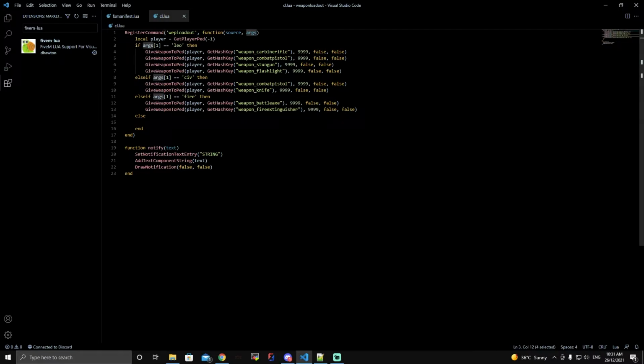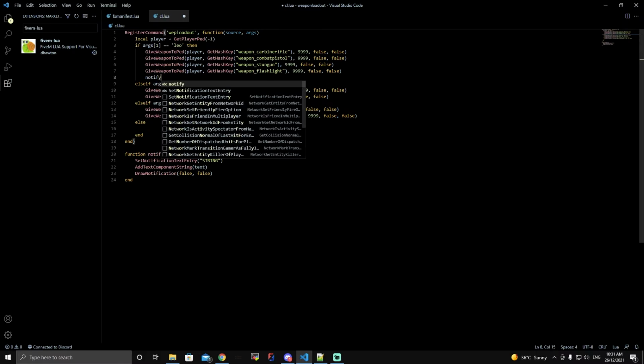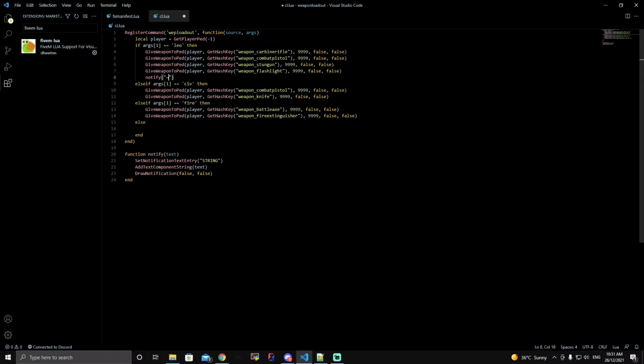We can go up to say here, right? And we'll go notify, and this just makes it blue. If you press shift and the button above tab and next to 1, hold that, it gives you a little squiggly line. If you put a B in there, it makes the text blue. So I'm going to go weapons, and then I want to do a little bit of a light gray type of thing. So if you do that squiggly line and then C, it'll make a light gray. Obviously, if you do G, it'll make a dark gray. I'm pretty sure. Oh no, sorry. If you do G, it'll make a green. Anyway, so I'm going to do LEO loadout